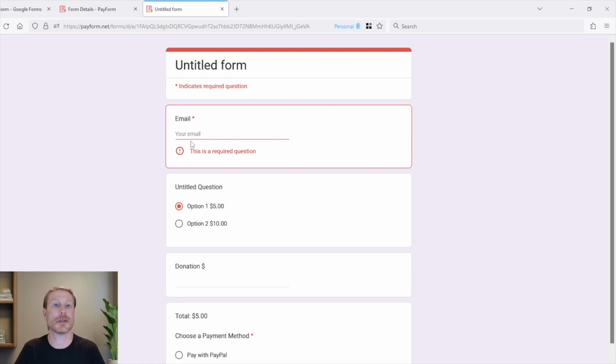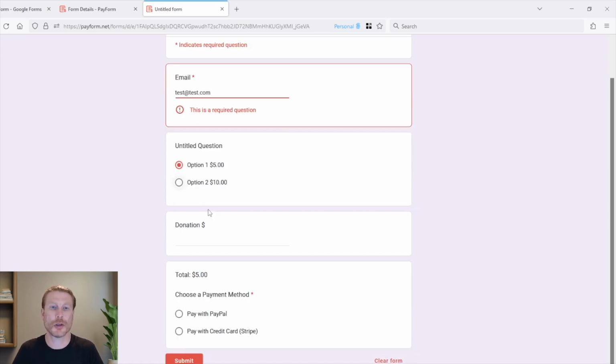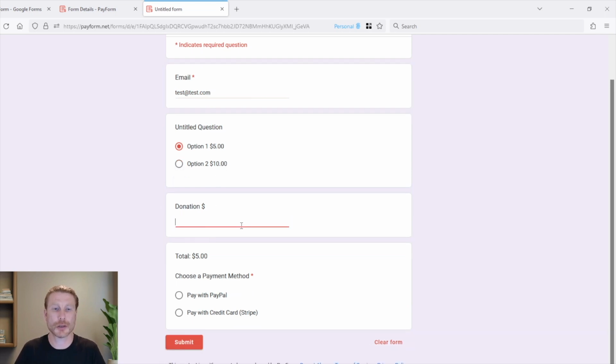Let's make a test payment. We're going to enter an email address. We already have an amount selected. We're going to add a custom amount. As you can see, the total has been updated, and we're going to click Pay with PayPal and then submit the